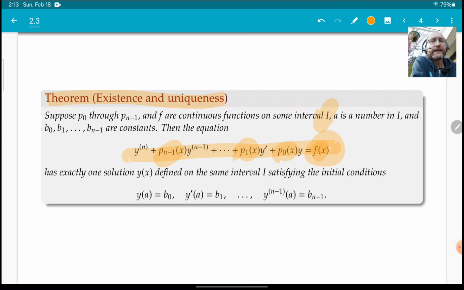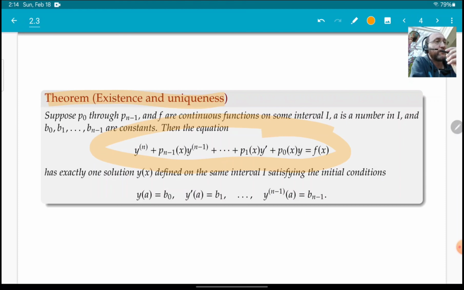And suppose that I have some constants b0, b1 through bn minus 1, right? Then this equation has exactly one solution that satisfies these initial conditions, and actually the solution is defined on the